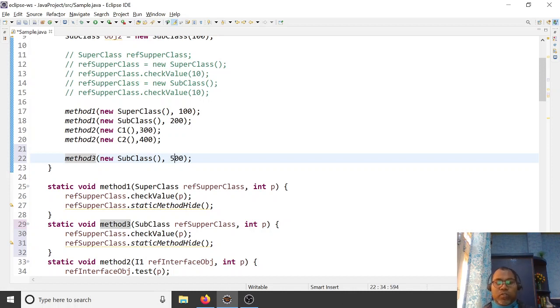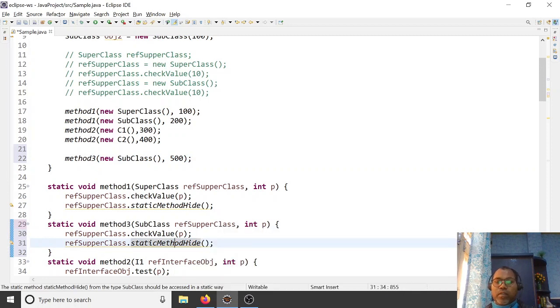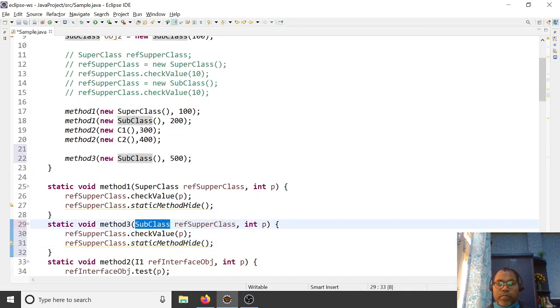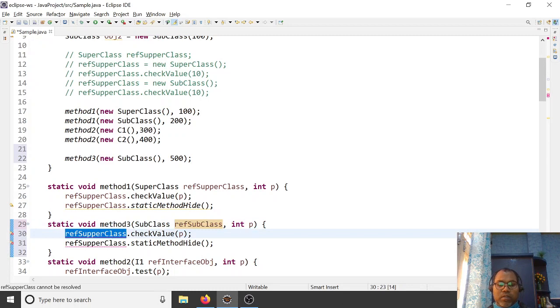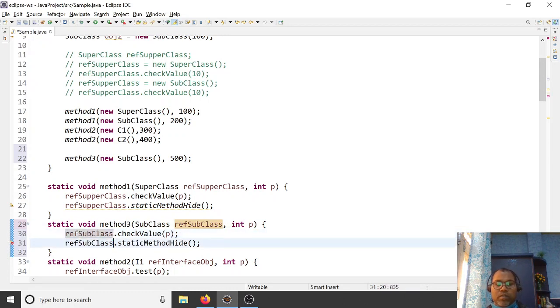This static method is invoked from the subclass reference. Just name it subclass reference. Subclass reference. Let's test the static 3 method.